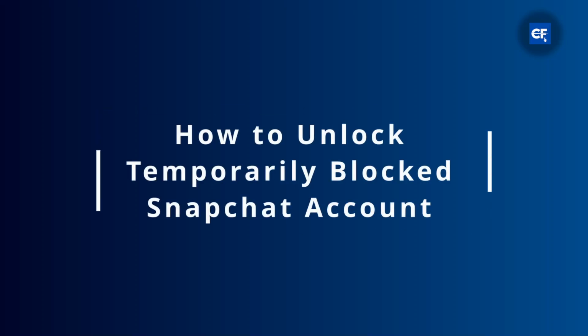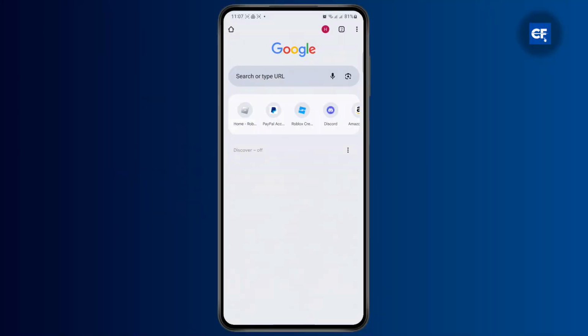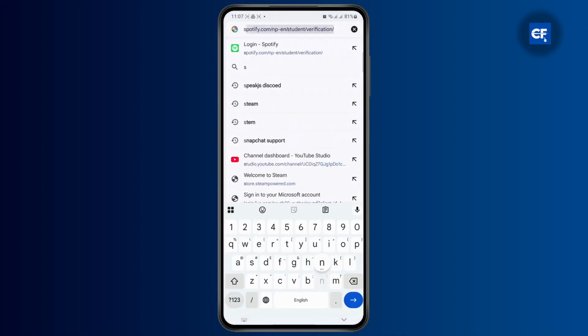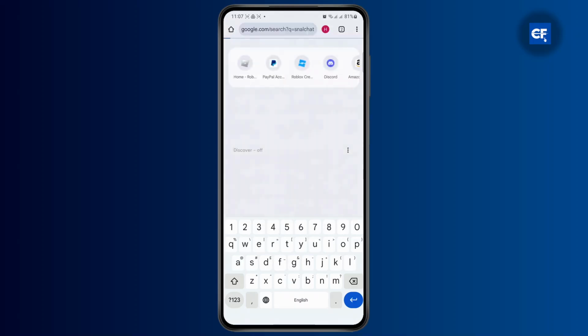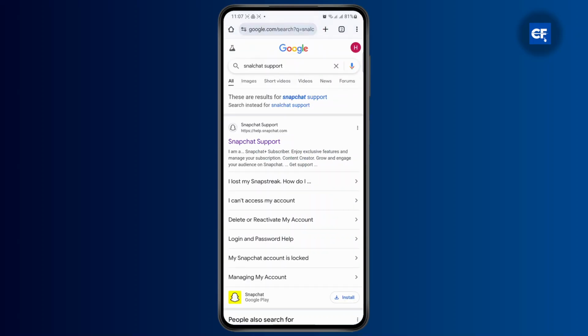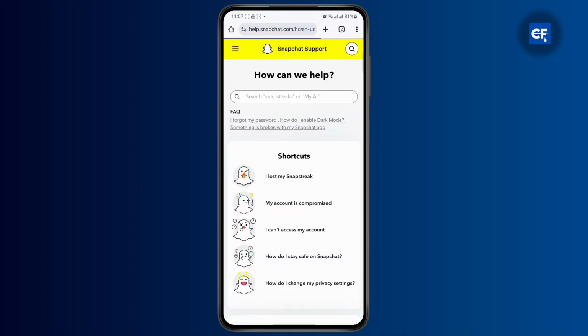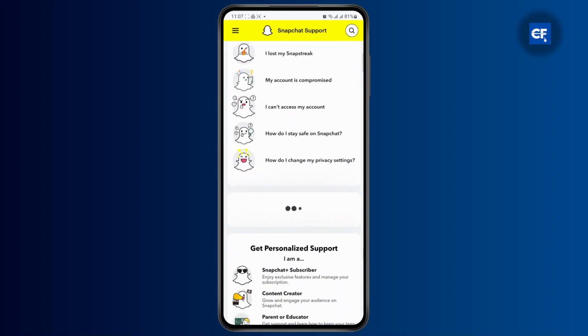How to unlock Snapchat account that has been temporarily blocked. First thing you do is head over to your web browser, and then on the search bar you simply go ahead and search for Snapchat support. And once you've done that, hit enter. Click on the first link you see, help.snapchat.com, and now you're gonna have to scroll down a bit until you